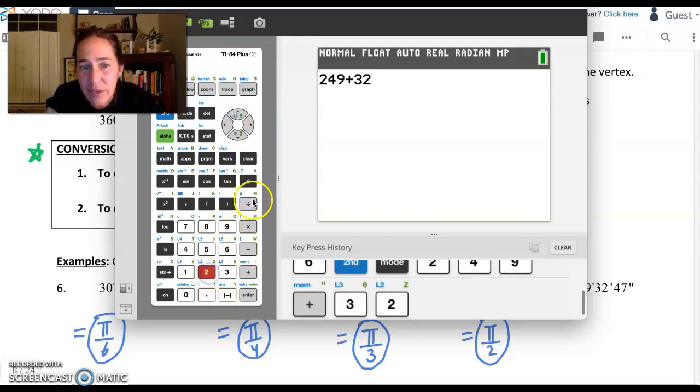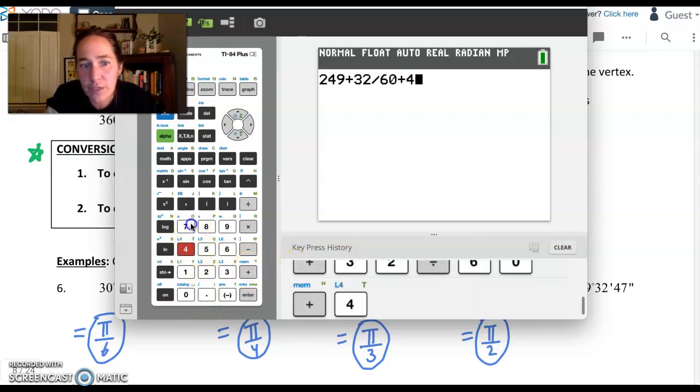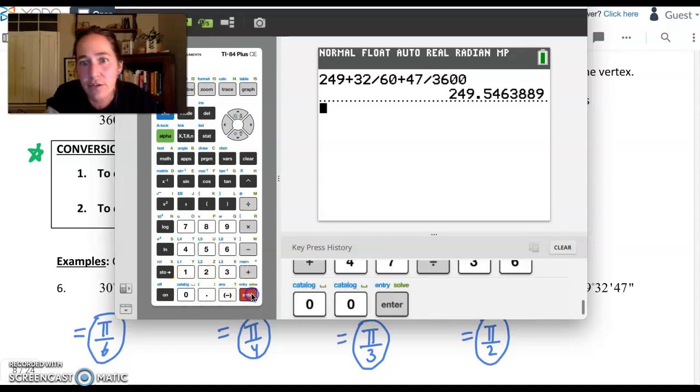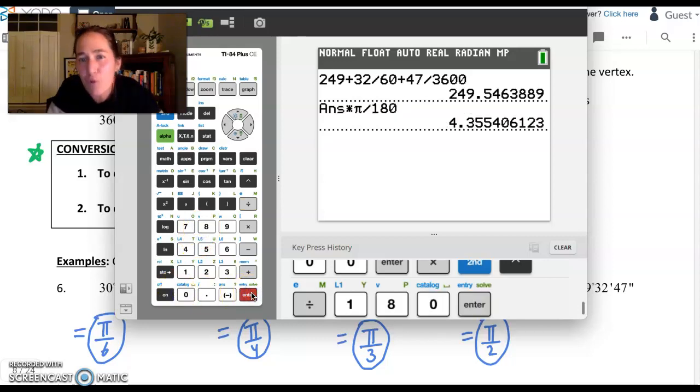There are 60 minutes in a degree, so divided by 60. And then I could add the number of seconds, 47 seconds, divided by the 3,600 seconds that are in a degree. So it's this degree measure, and we want to multiply by pi key over 180. See if I can fit it in, and write that down. Write 4.355